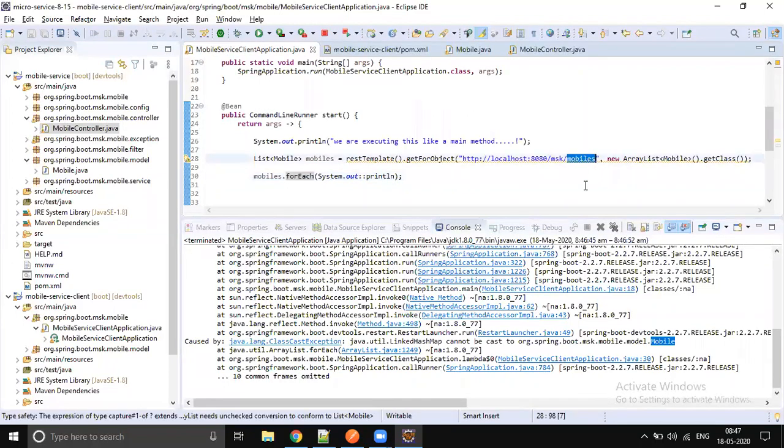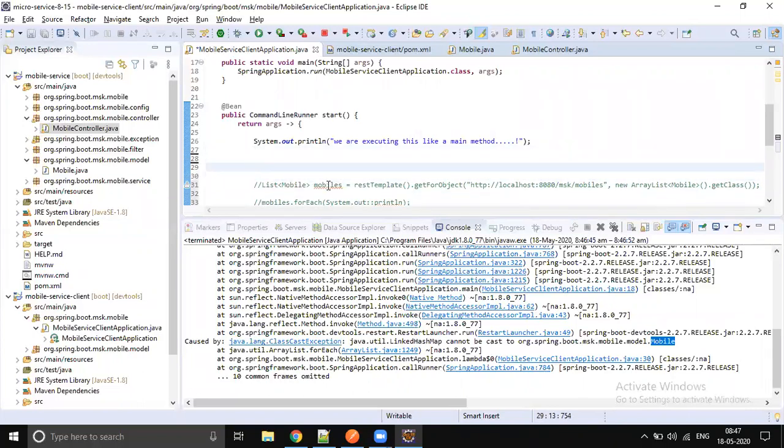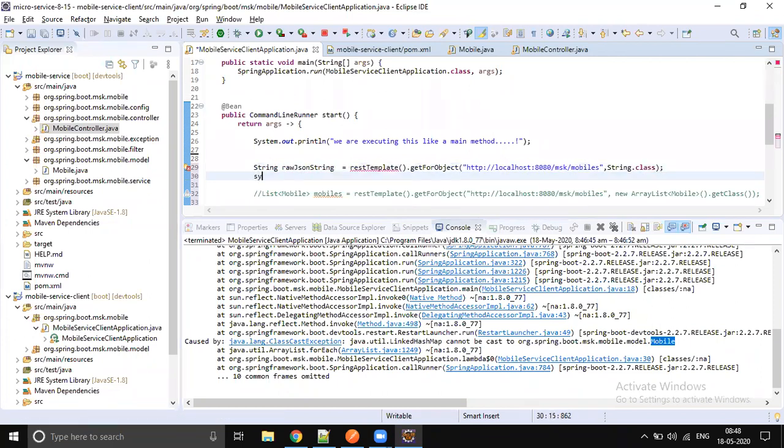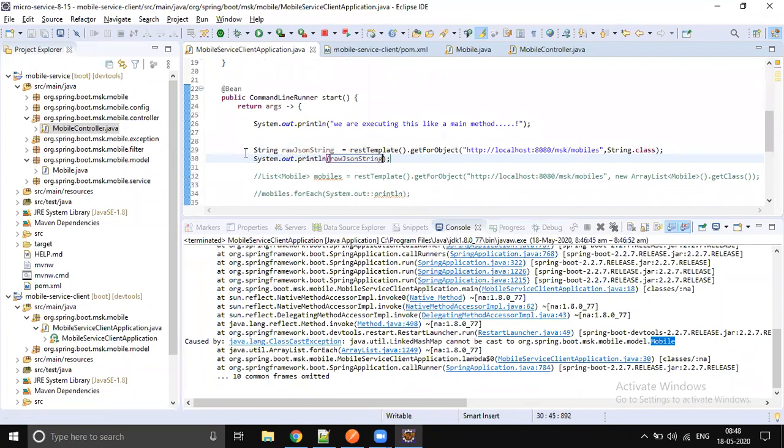MSK mobiles. When we put the string, we got a list, right? Not a hash map. Then why is it taking it as a hash map? Let's try with the string and see. String dot class. It's like comma separated. Let's do a JSON string and print it out.